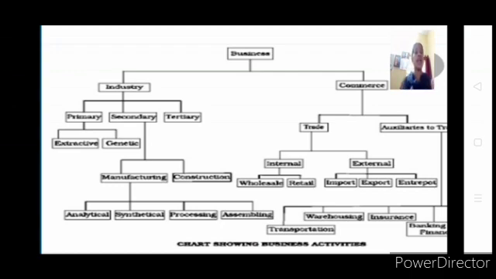As the basic heading itself says, helpers to trade. In order to buy and sell goods, these services are very essential. Transportation. What is transportation? Movement of goods from one place to another. Say I am a wholesaler and you are the purchaser. I want to sell my goods to you, or you want to purchase something from me. Then the goods have to be transferred from my place to your place. How will it be exchanged? With the help of transportation.